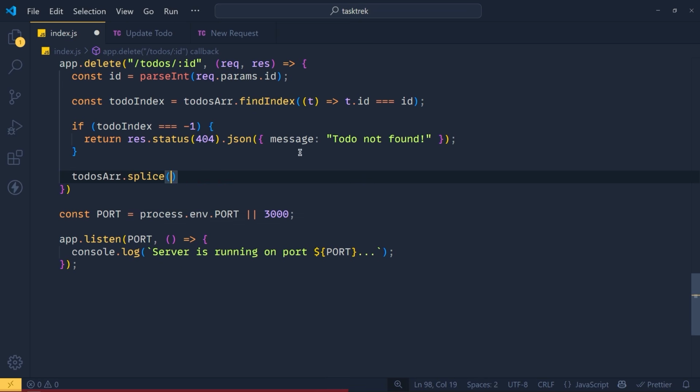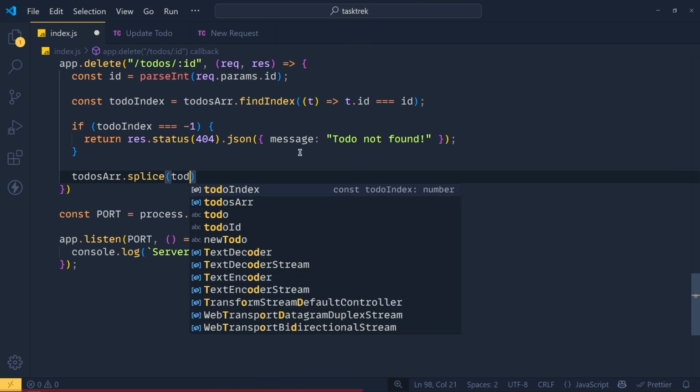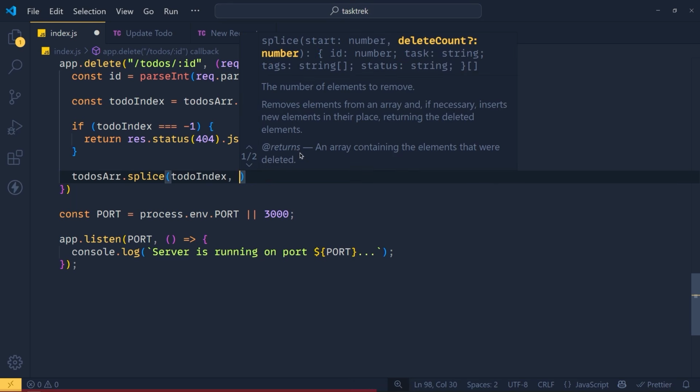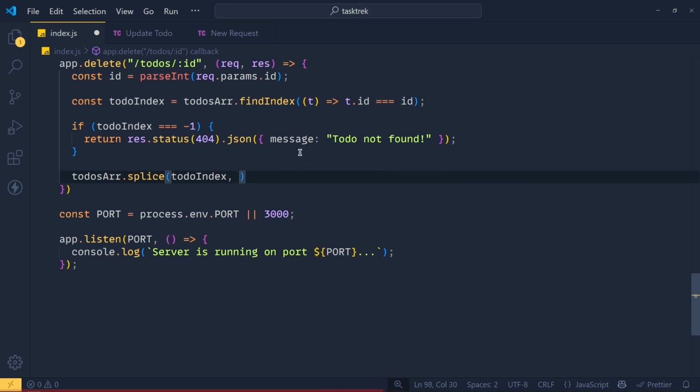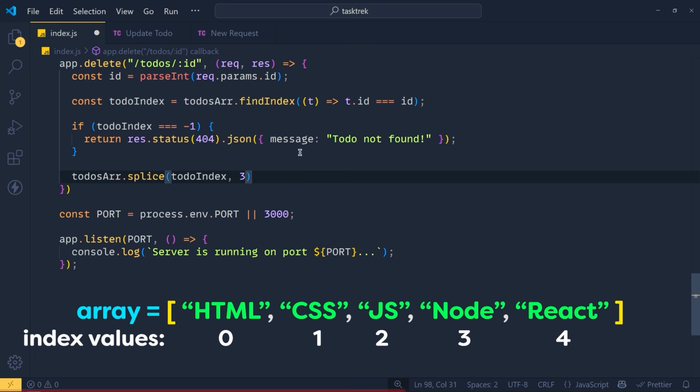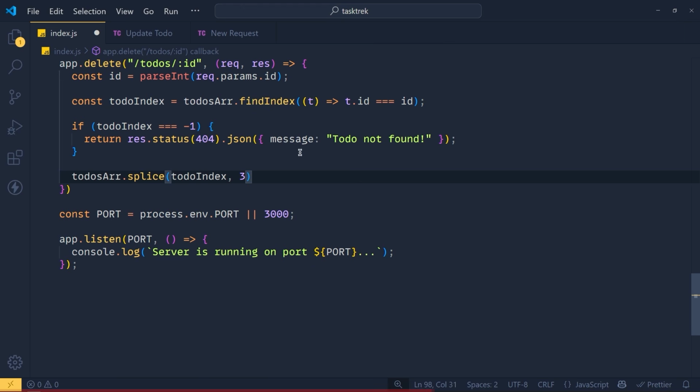In this, we have to pass 2 arguments. First, which index we want to remove, which is this todo index. And second argument is how many elements we want to remove from this index. Suppose we have index value 2 and here we pass 3. So this splice method will remove 3 elements with the index 2 and also it will remove the elements with index 3 and 4. In our case, we just want to remove this single element. So we pass here 1 and at